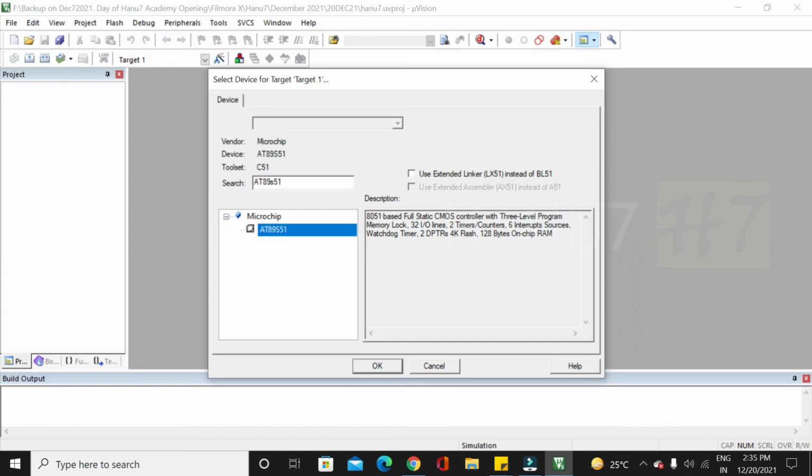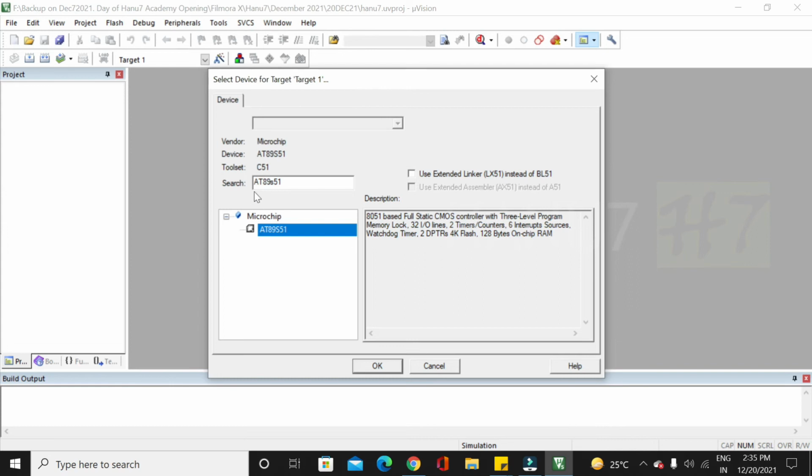So make sure the features of the IC available with me match our controller 8051.